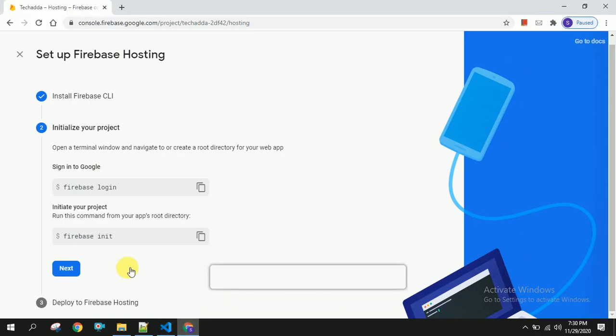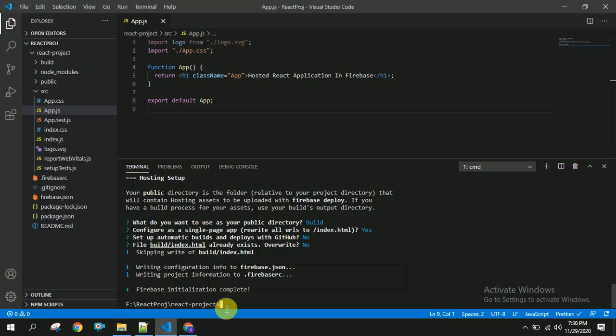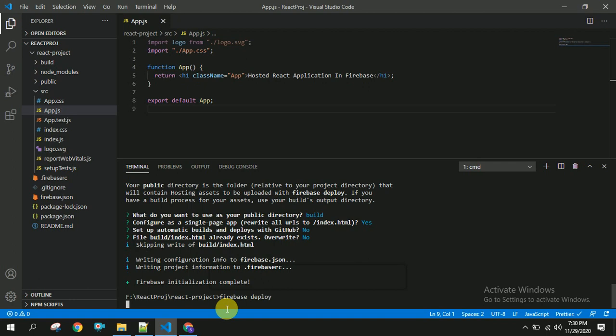Once this is done, you have to click on next here, and you will have another command, firebase deploy. I am executing this command. Once this command is executed successfully, then you are good to go. Our application got successfully deployed.